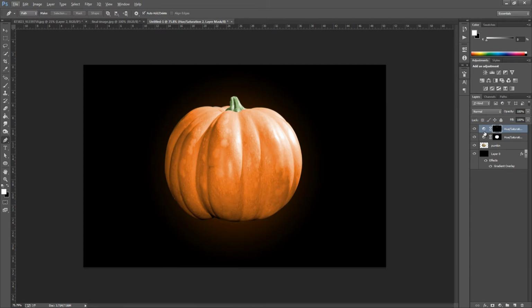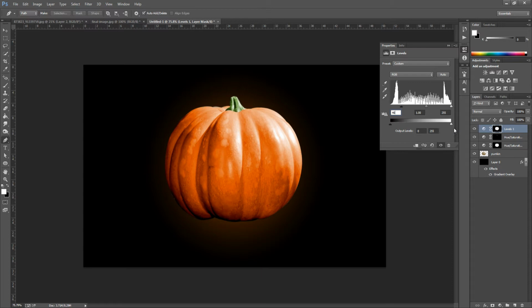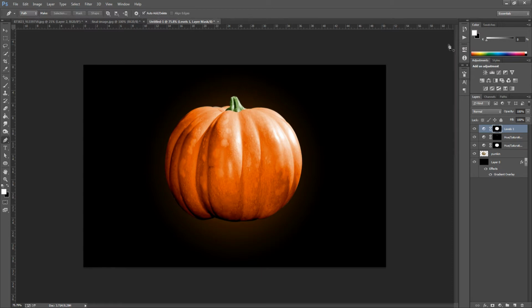So the next thing we need to do is bring in the darkness, so really bring in those shadows. So I'm going to go and select our pumpkin now. So we need a whole selection. So we have our pumpkin layer, hold down Control or Command on your keyboard and select the pumpkin. And we're just going to go down to the adjustment layers, go to levels, and all we're going to do is change the first bit here where it says 0, and we're going to change that to 46, and all we're going to do is close that. So we have our darkness in, and it is looking pretty nice.